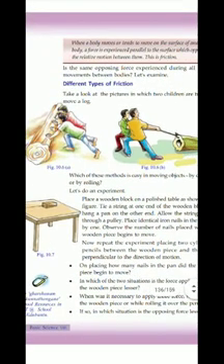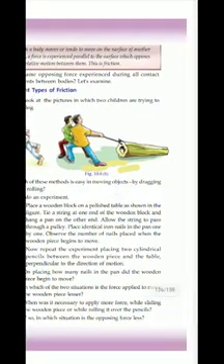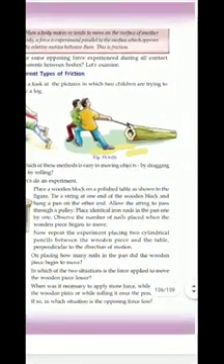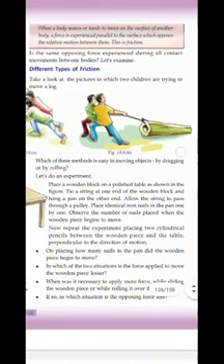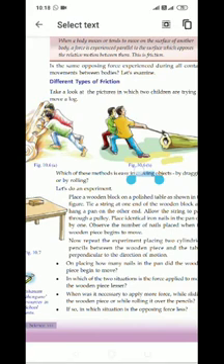And sliding friction means when an object is kept on a slanting surface and the object slowly moves over the slanting surface and slides over it, then the friction applied by the surface is called sliding friction. And when an object rolls over a surface, the friction applied by the surface is known as rolling friction. So these are the three types of friction.